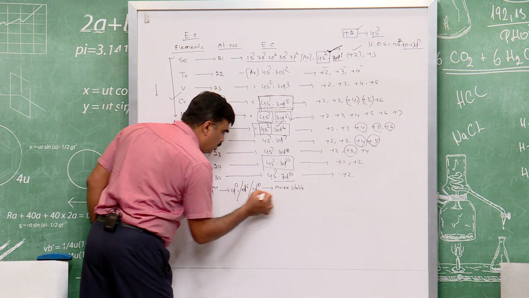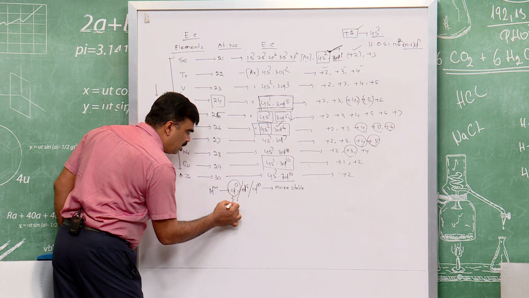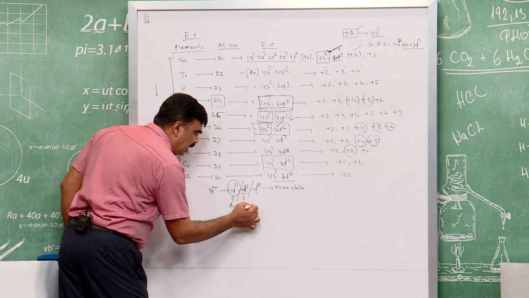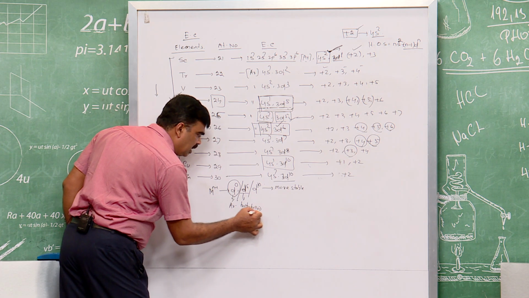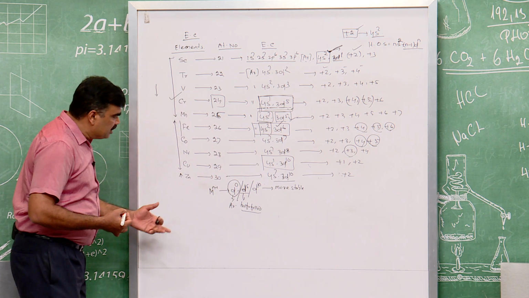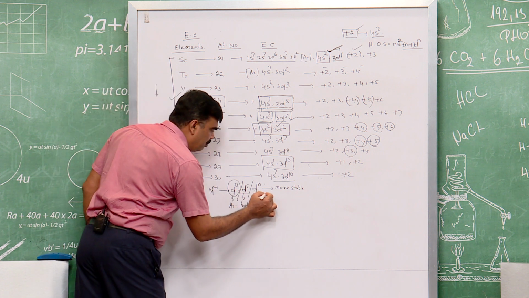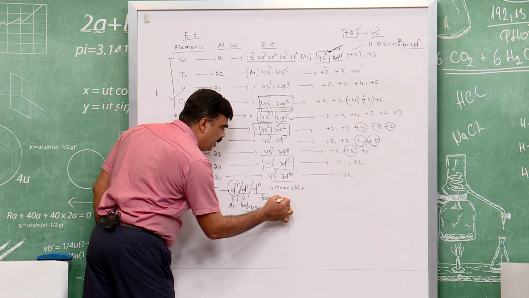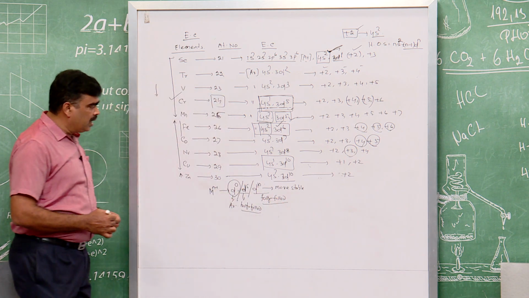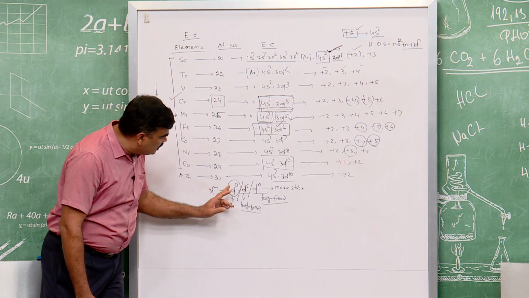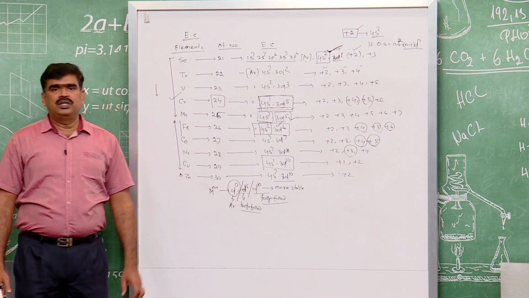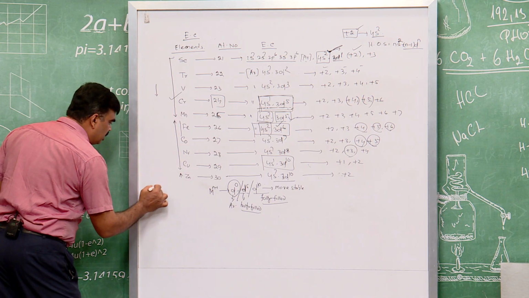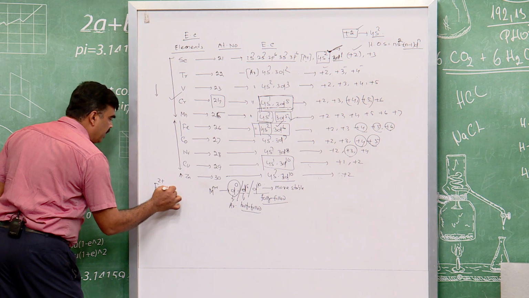because d0 configuration means it has almost argon configuration. d5 means exactly half-filled configuration, and you know exactly half-filled configuration elements are more stable. And d10 is the fully filled orbital. Fully filled orbitals are more stable. So any cation or element at any oxidation state, if it has any of these configurations, that means they are more stable. Many times it has been asked in examinations, between ferrous and ferric,